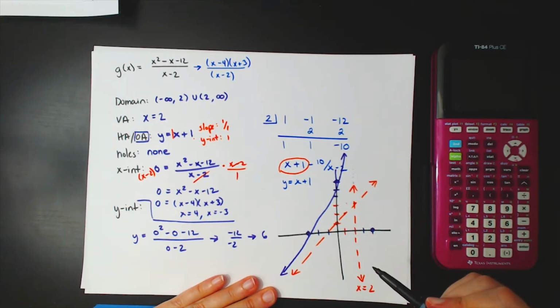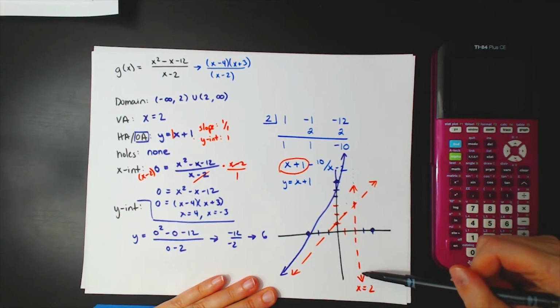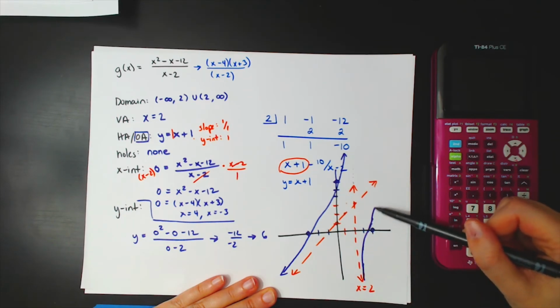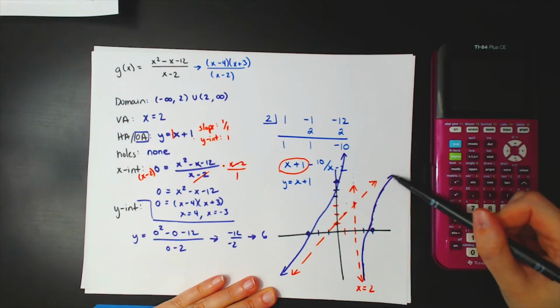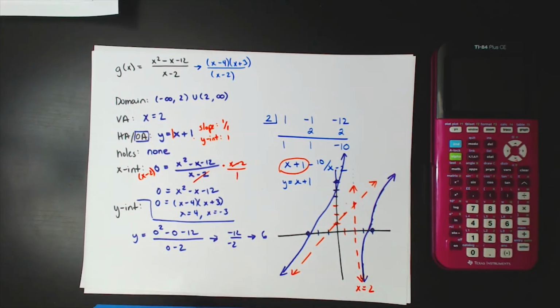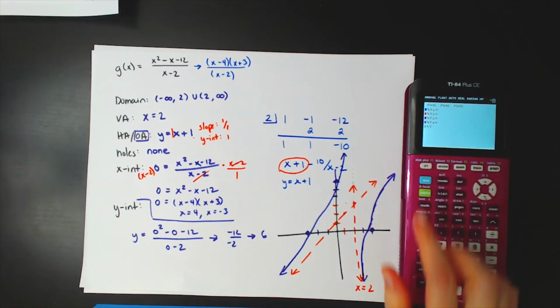The right side of my graph, again, it cannot cross this vertical asymptote. You can never cross that vertical asymptote. It's going to go through, oops, I missed my x-intercept, and then it's going to kind of follow that slant asymptote. If you want to check, you can always turn on your calculator, go to your y equals,